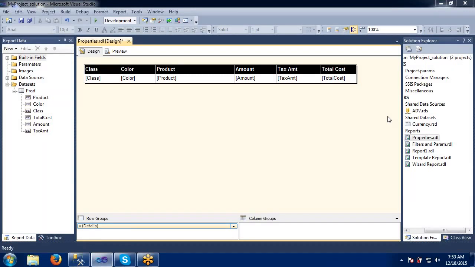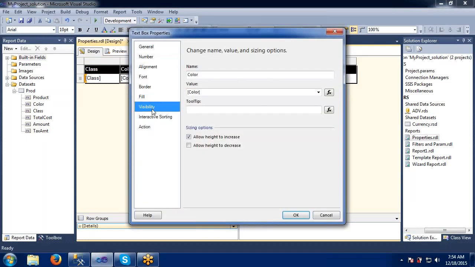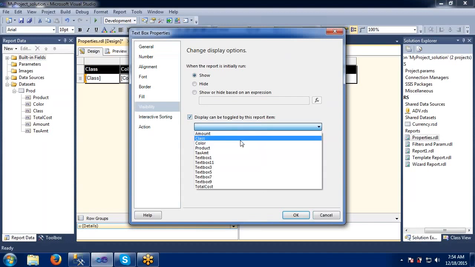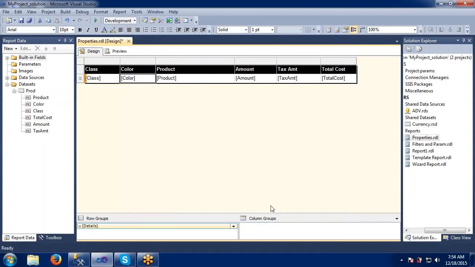I will take it on the color here. Let me take these properties here. Text box properties, visibility, display can be toggled based on this class. I am taking based on the class, it has to be toggled here.